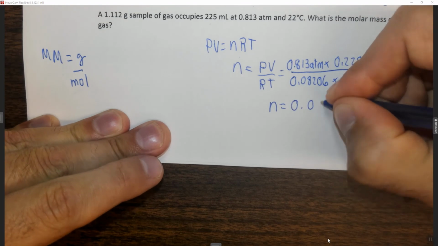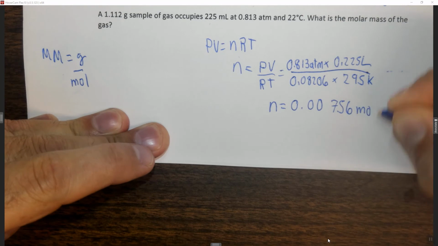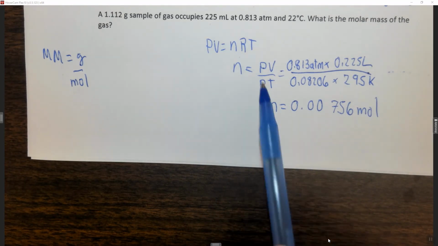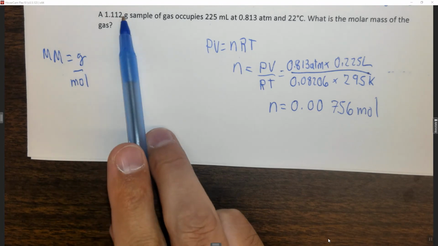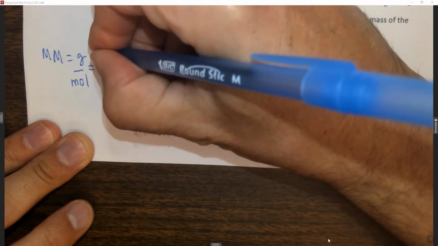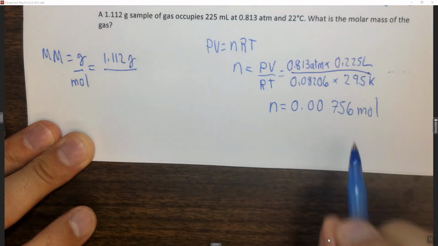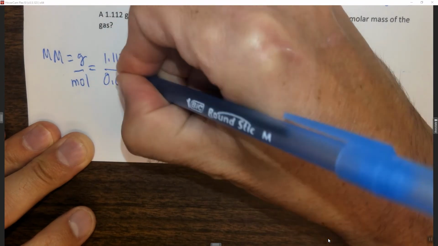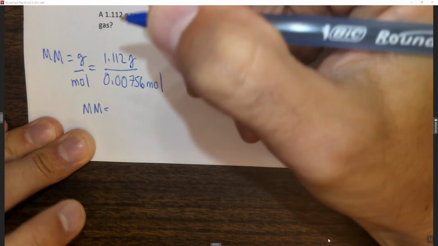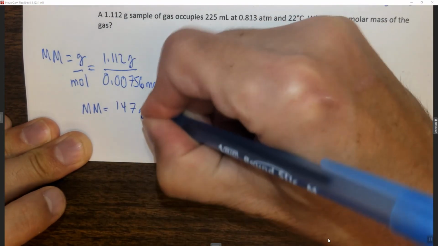And when you do all this work, you find that the number of moles of this gas is not very many, 0.00756 moles of gas. Now you can determine the molar mass. You have grams, you have moles. So if you take the grams, which is 1.112 grams, which is just given in the problem, and you divide it by the moles that you just found, 0.00756 moles, you find that the molar mass of this particular gas to 3 sig figs is 147 grams per